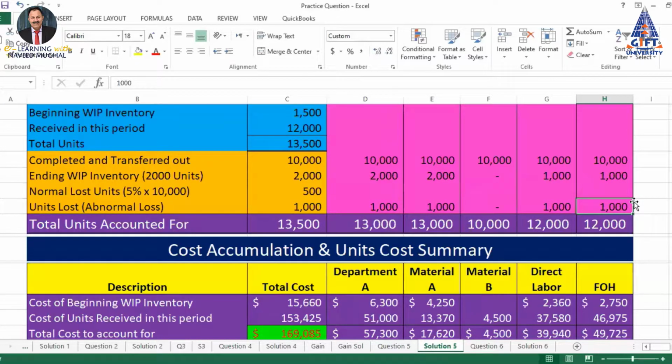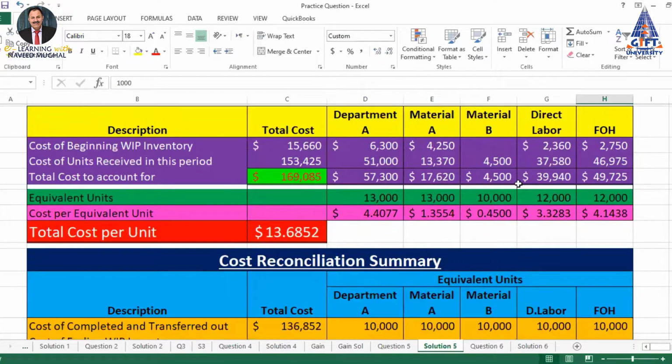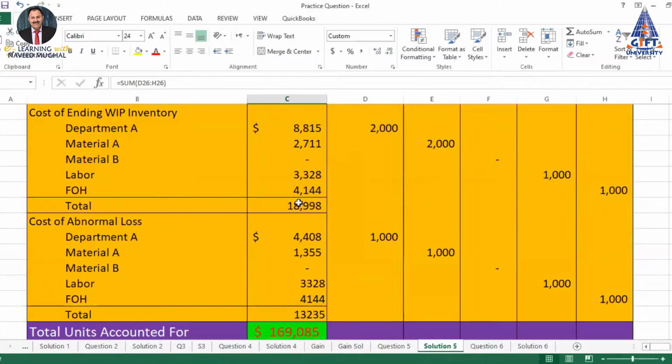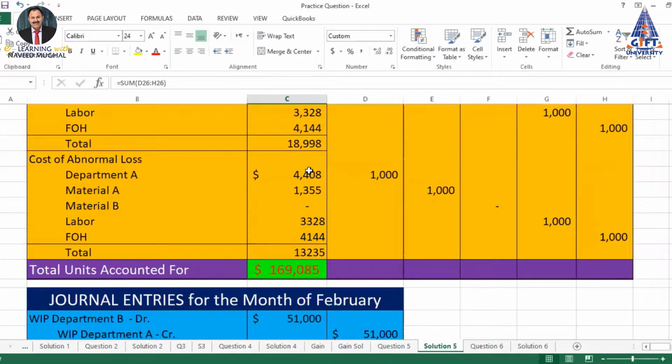And if we have lost units during the process, then we will multiply the stage of completion with those lost units, because they have not consumed the cost after their loss. So that's why we will compute equivalent units in this way. And the equivalent unit calculation will help us calculate the per unit cost, and this per unit cost will be accumulated as the per unit cost of that department in a particular period. And we will use this to assign the cost to completed units, in process units and lost units. And these three figures will be calculated for reconciliation of the cost charged to that department, that is 1,69,085.